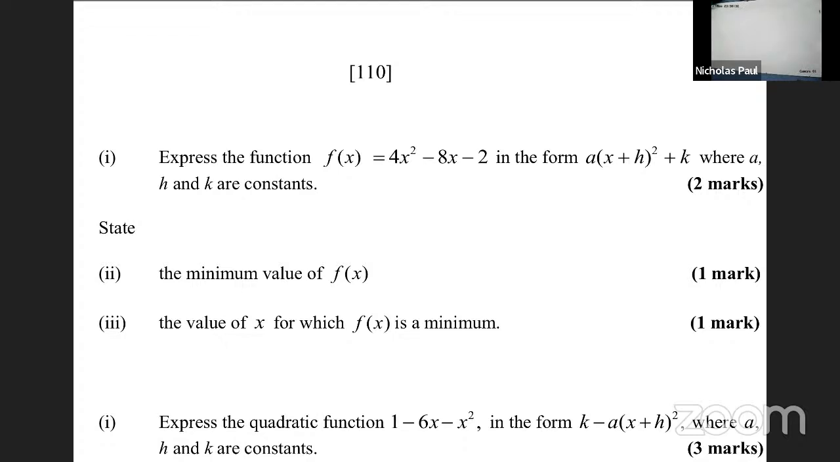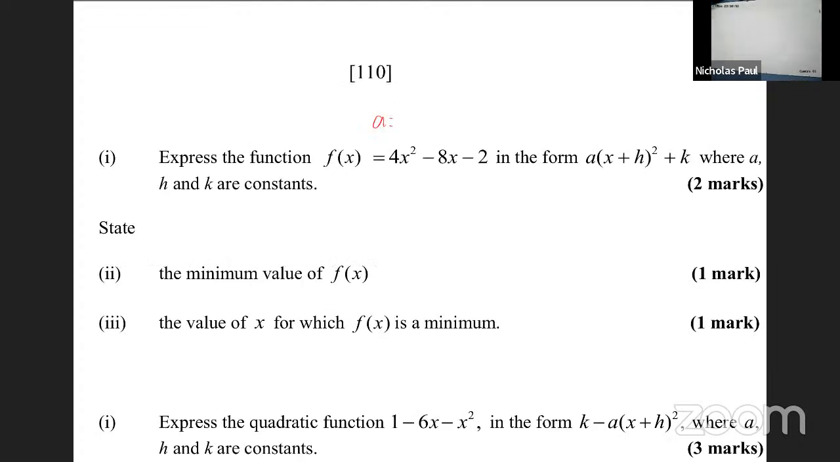And now let's do the minimum. Let's work out this quick and let's do the minimum, right? A is for